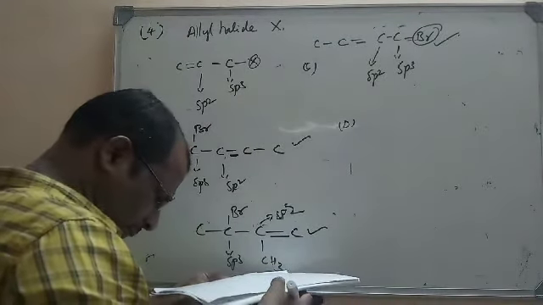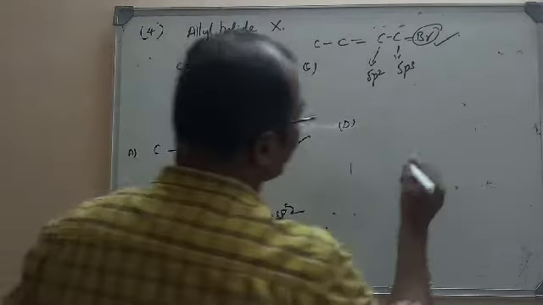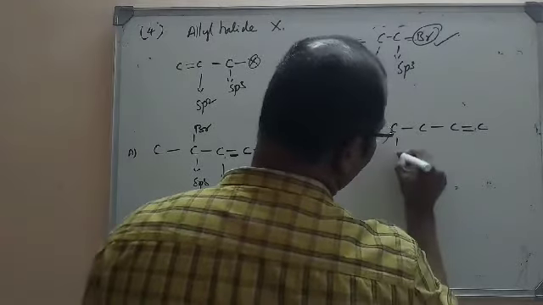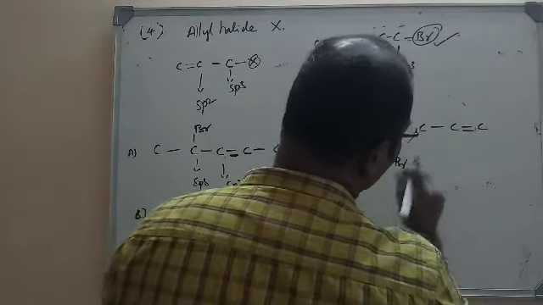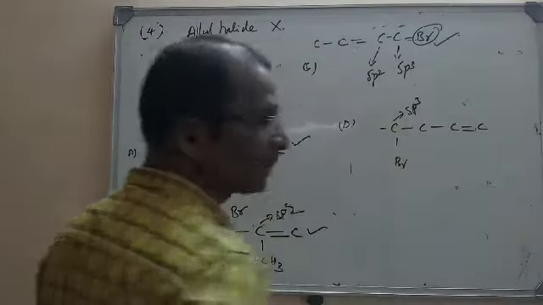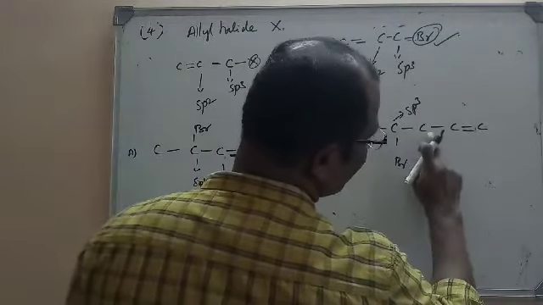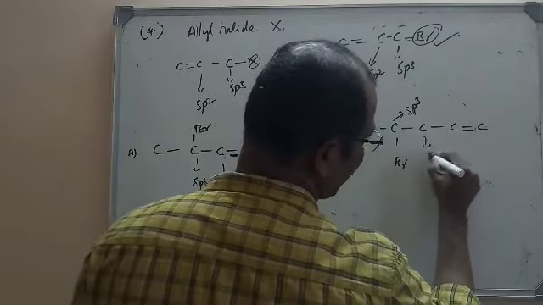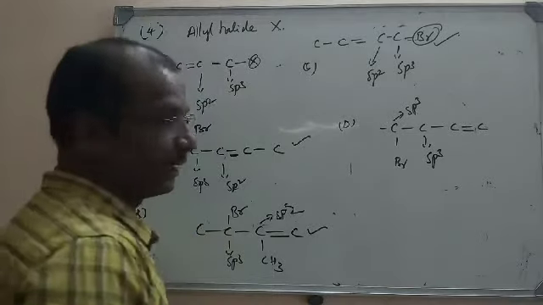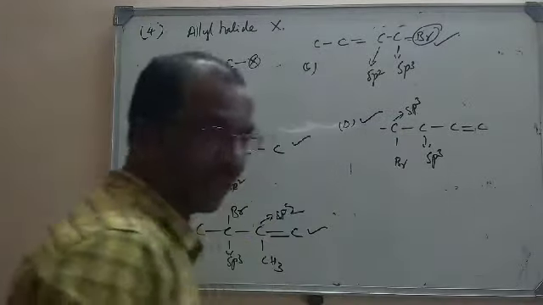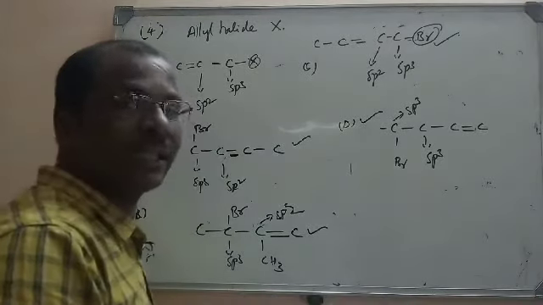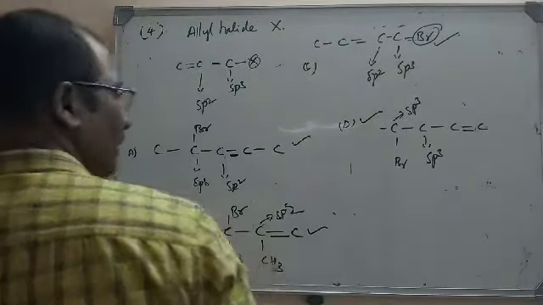Now let us go for the fourth one, option 4 bromo but 1 ene. This is 1 butene and here it is 4 bromo. Clearly here this is an sp3 hybridized carbon, but this carbon is not bonded to an sp2 hybridized carbon. Actually it is bonded to sp3. So this is not an allylic halide. So option D is the right option. That molecule, 4 bromo but 1 ene, is not an allylic halide.